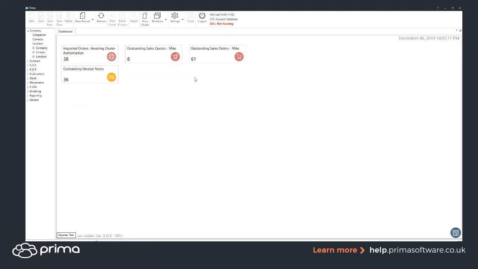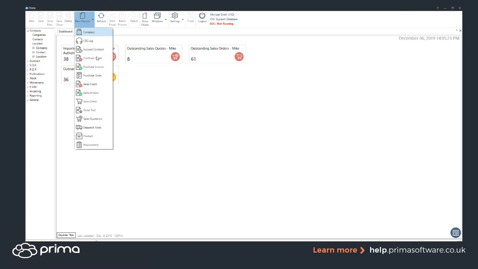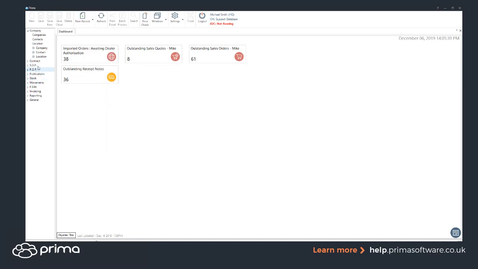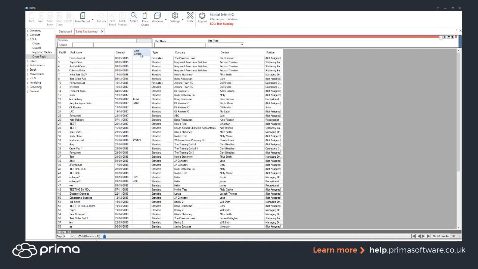Her tip is about how you can set up order pads to repeat. So to create an order pad, you can go to new record. At the top, you've got the option for order pad here. Once you've created your order pad, it will basically exist within SOP and order pads. So I think we've got a fair few that are already set up on this database. And to create a schedule, you find the order pad that you want. So if we just go into any of these,